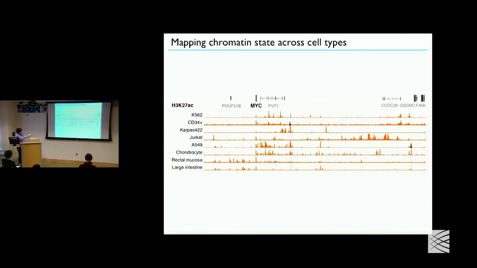This is a 2 megabase region containing a few genes. The point here is simply to show that across 8 different cell types and tissues, these marks change a lot, consistent with the idea that different types of elements might be regulating genes in different cell types. And there are specific focal sites across this 2 megabase region that are particularly strongly marked by these chemical modifications that are indicative of enhancers or promoters.